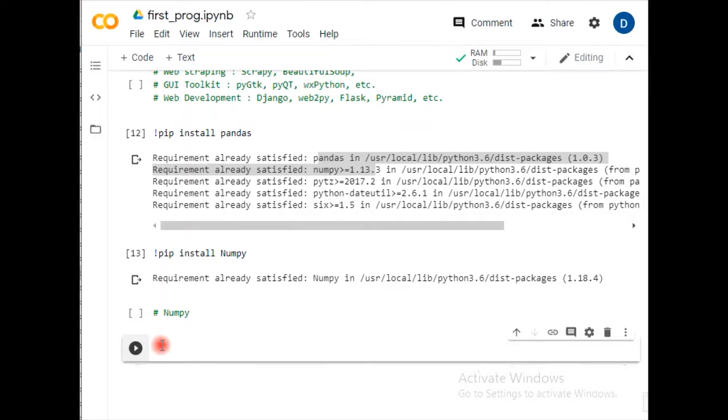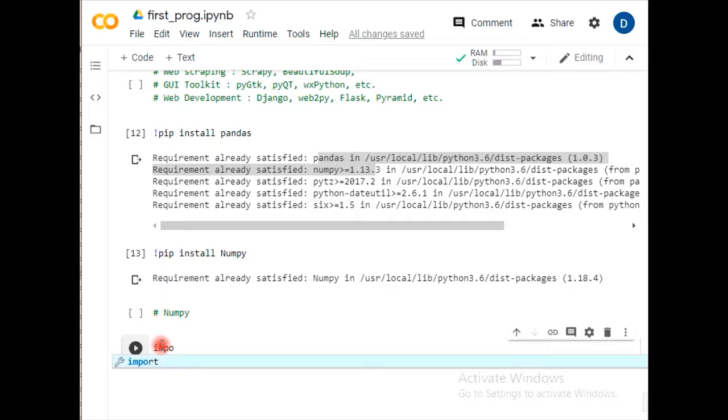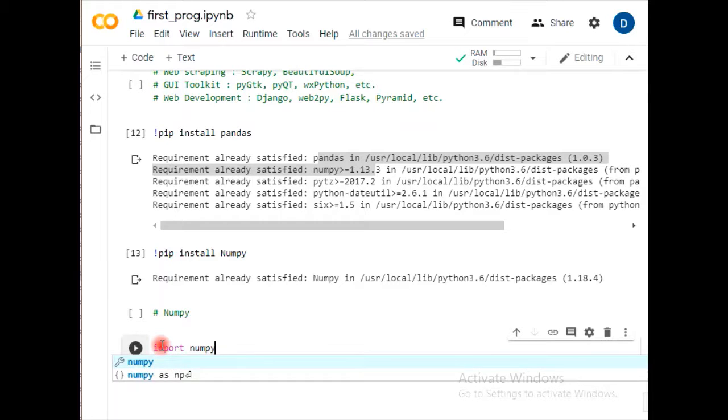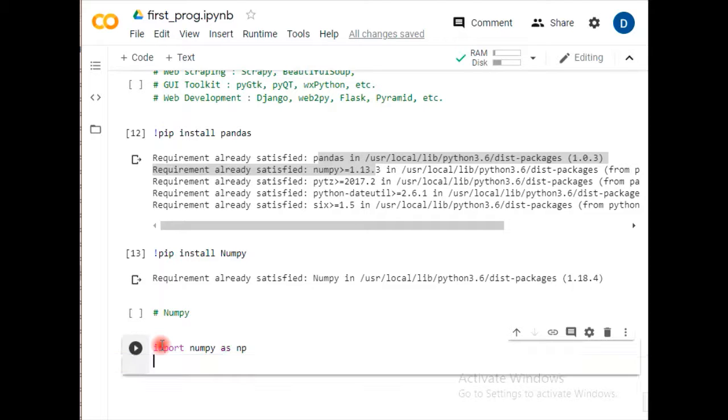First of all, whenever you wish to utilize NumPy arrays, you can import it like that. As I have already installed it here, now I am importing: import numpy as, and here you can provide your short name, how you want to call it. So NumPy is utilized as, suppose, np.